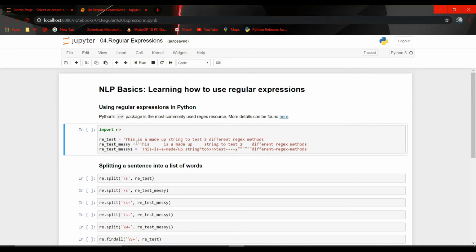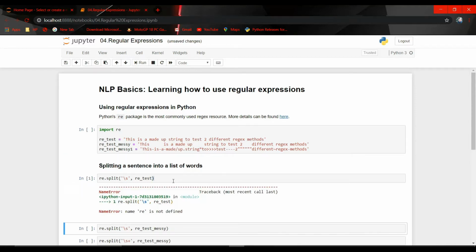Now, first of all, if you want to split this string into a list where each word is an element, how can we do this using re? We can use inbuilt functions such as split or findall. We will perform both operations. Let's get started. In this first re_test string, every word is separated by a space. In regular expressions, slash small s represents the whitespace character. It includes a single space, a new line character, or even a tab. So if we split using slash s, I hope we can get our desired output.